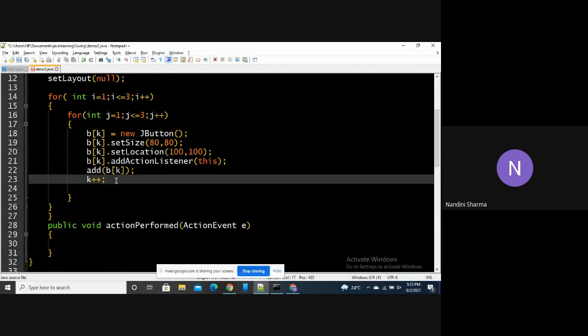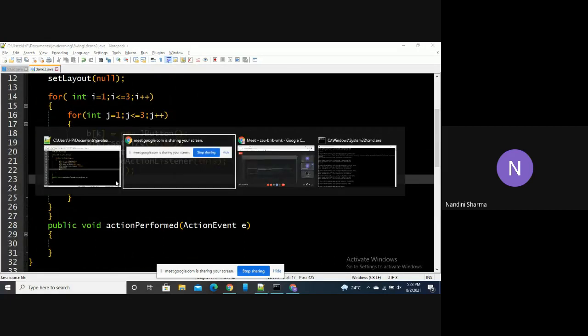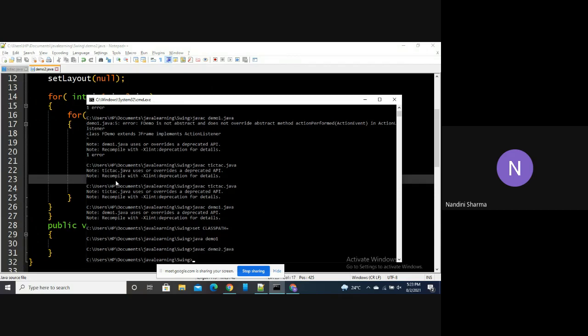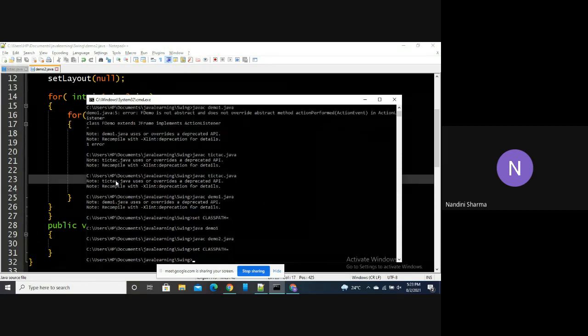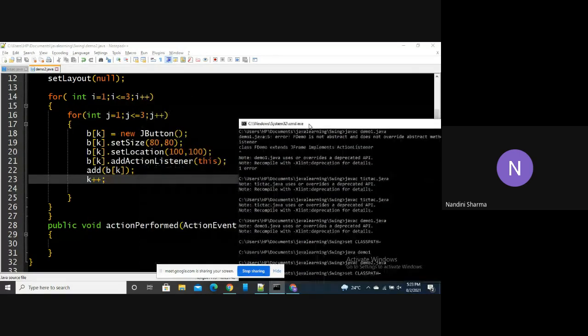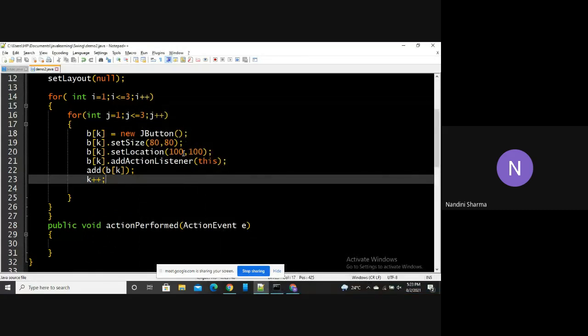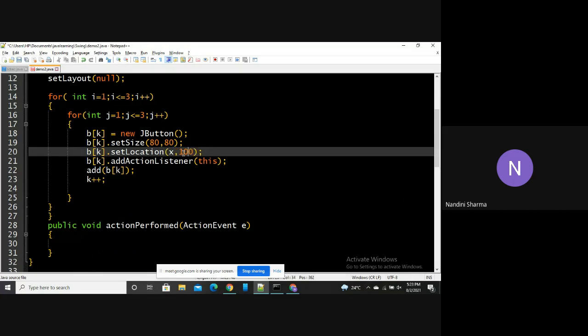Let's try to run this much code and check for any errors. Alright, now I will have to set my class path. You might not require to implement this step. I want you all to notice that we have just added the variable. We have not mentioned any changes inside this location.